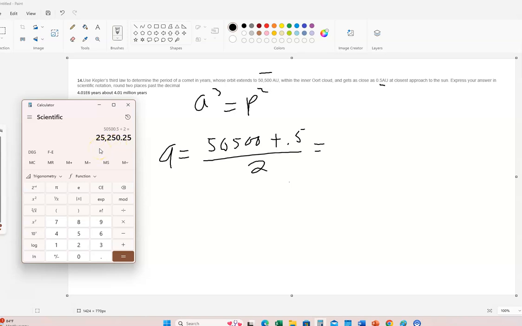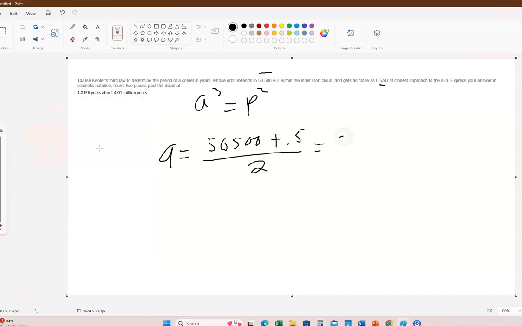So it's 25,250.5 AU. And then of course we use the modified version of Kepler's third law, and